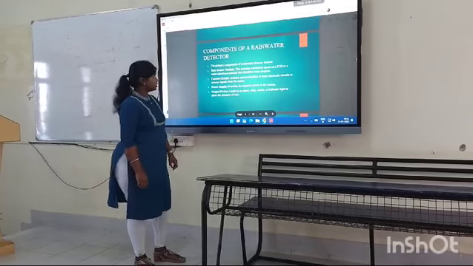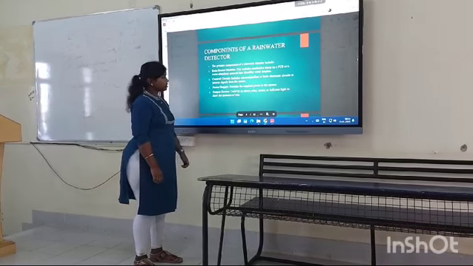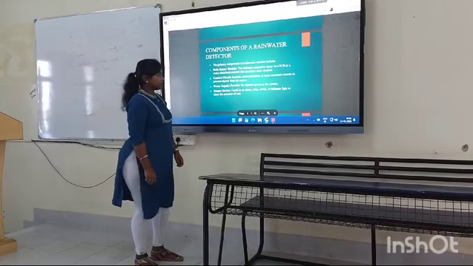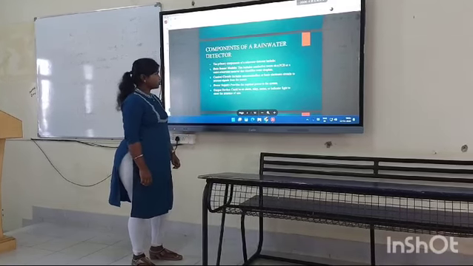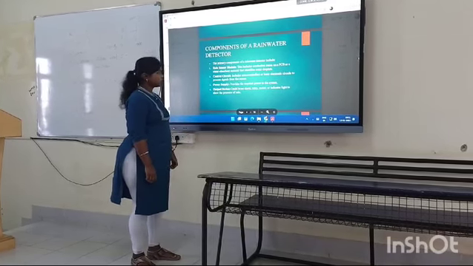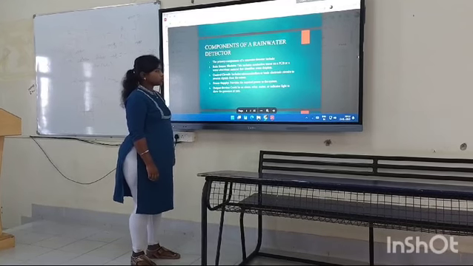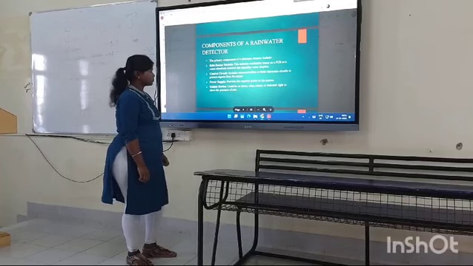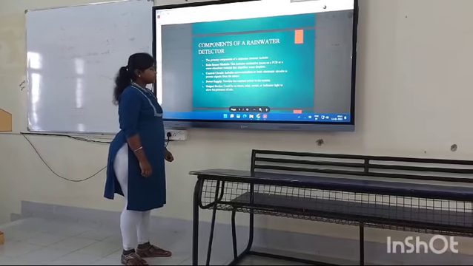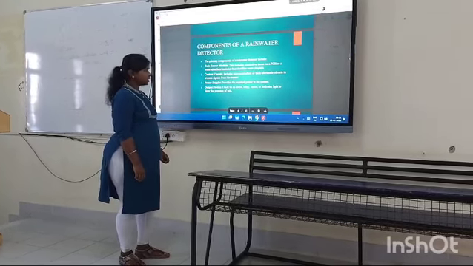Components of the rainwater detector. The primary components include the rain sensor module. This includes the conductive traces on the PCB or a water absorbent material that identify water droplets.